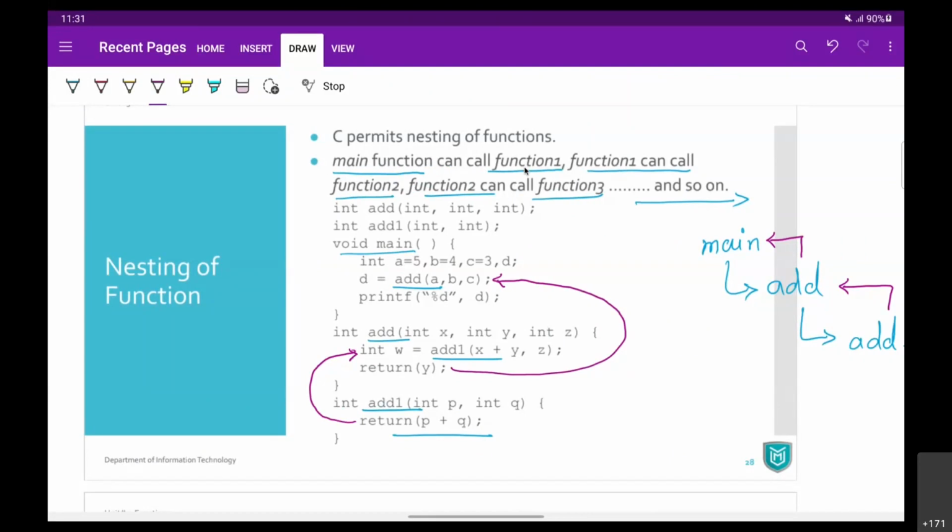You only have to remember, when you call your function, before that you have to declare it or define it. And in whatever sequence you call the functions, you will come back in exactly the same reverse sequence. So that's the nesting, or that's something that you can chain a function call. You can make a chain of function calls.